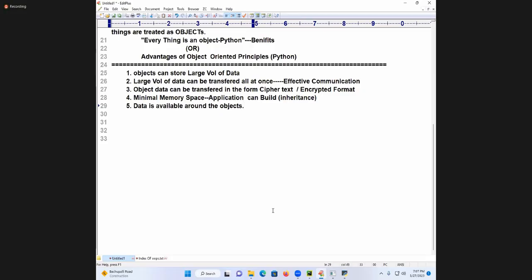Because of storing the data around the objects, what will happen? So much memory space will be reduced in terms of data available in objects. Because of reusability, we can get minimal memory space. So if I design my ML related robo, for example, with an OOPS principle, it will become